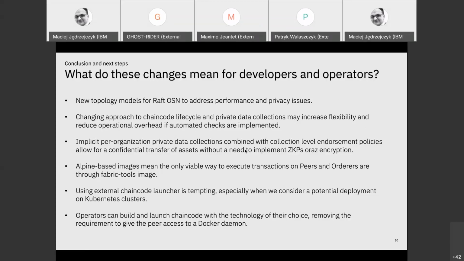So we've been talking about the approach to the chain code lifecycle and private data collections. This is going to have a vast impact on the way we are developing and rolling out the new business logic into our own peers managed by our organization. The implicit per organization policies for private data collections